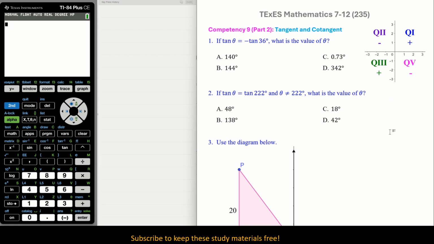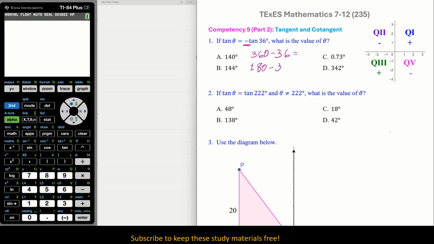We have our quadrants, and it looks like for tangent to be negative, we will either be in Q2 or Q4. So this means that we are either going to have 360 minus the 36, or we will have